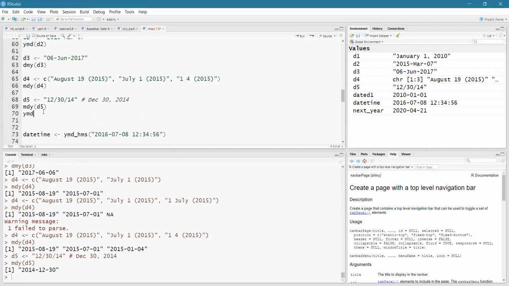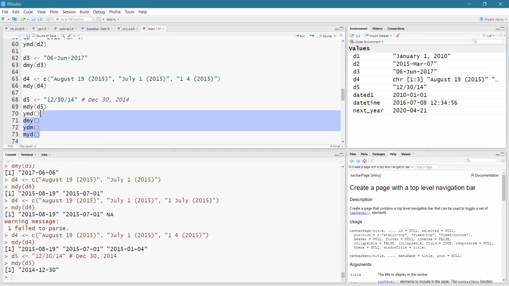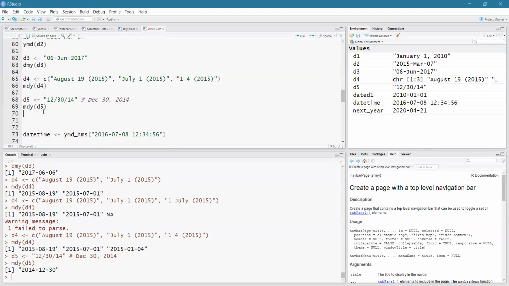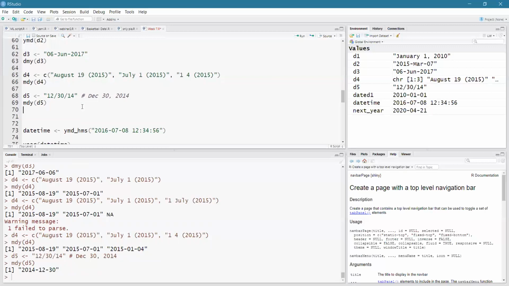Just as a recap, they come in different forms. You have year, month, day, day, month, year, day, month, almost in any order you can imagine, month, year, day, as the case may be. So it just depends on what needs you have and what format the data comes in. So moving on,